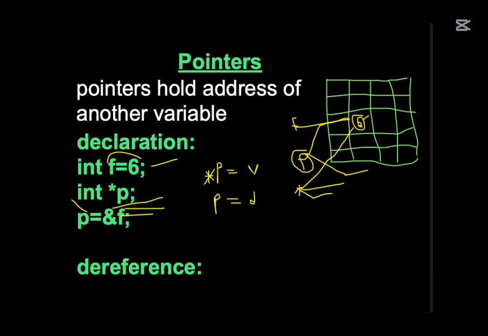compartment. If we want to access the value, we need to use the asterisk, and that's the difference between this and this. Which makes sense, which means here we have the address and we have the key. So we can actually change the value stored in that address. But here we don't have the key, so we only have the address. So we can't do anything, we can get to the address but we can't change